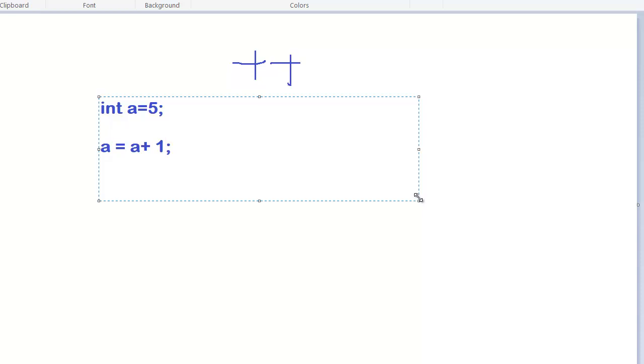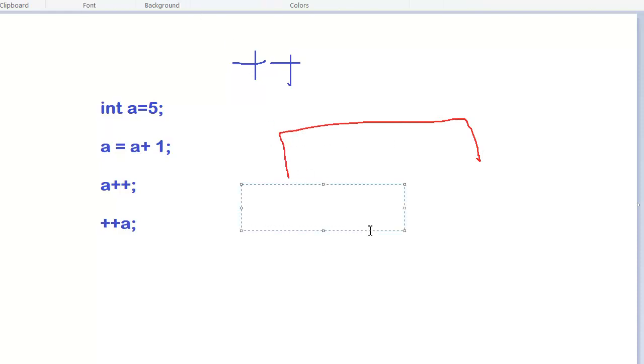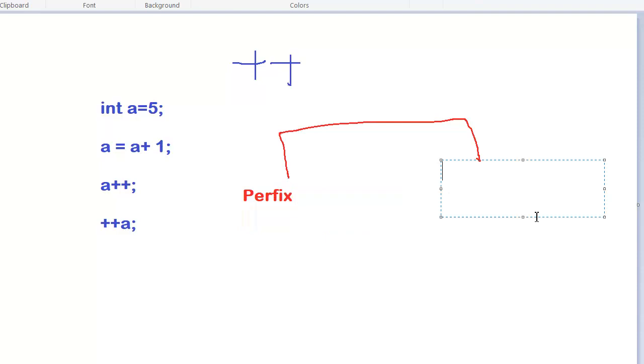So we can also write a plus plus or plus plus a; both represent the same. Its value will increase to 5 plus 1, but written in two different styles. One style is prefix, number 2 is postfix. One is called pre, meaning first.